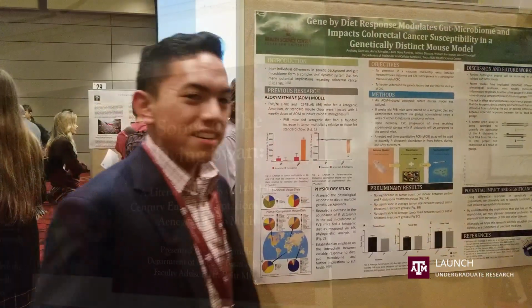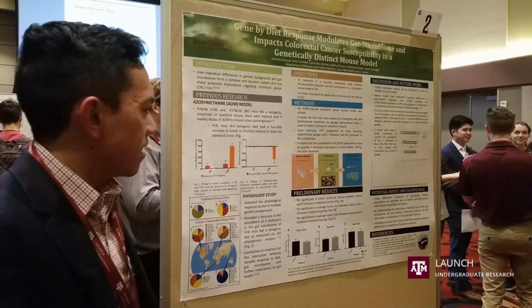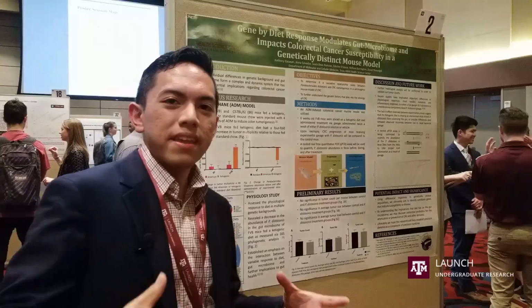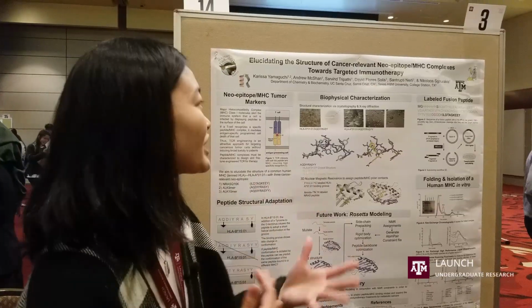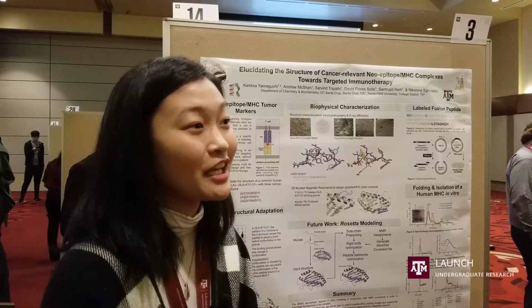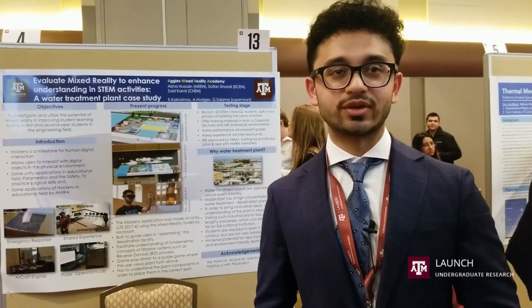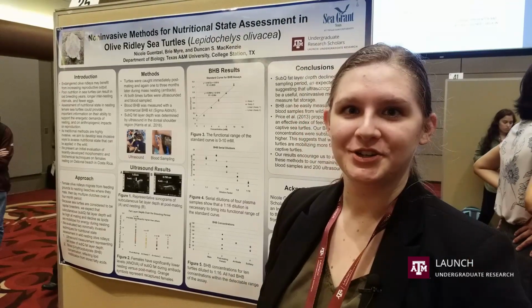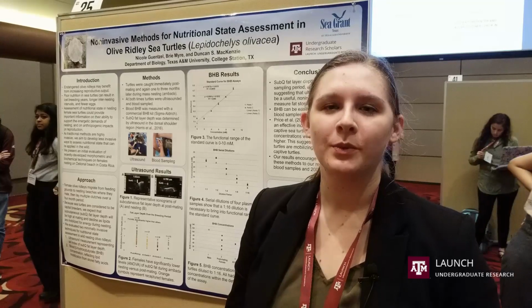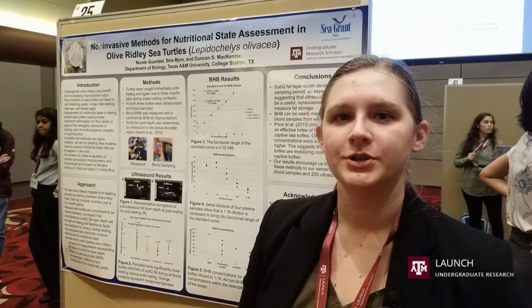So my research is trying to understand how dietary pattern and genetic background play a role in the kind of differential responses that we see in diet response. Is looking at ways to use our normal immune systems in order to specifically target cancer. Our research is based on implementing virtual reality systems in the educational sector. So I study Olive Ridley Sea Turtles. They're an endangered species, and what we're trying to see is if they're getting enough food in order to energetically